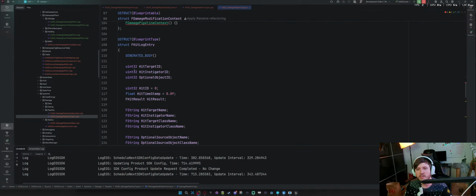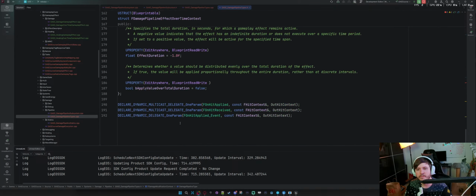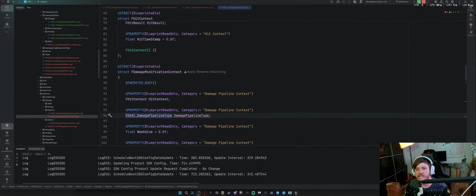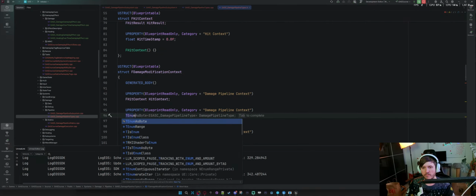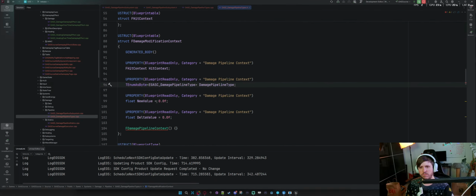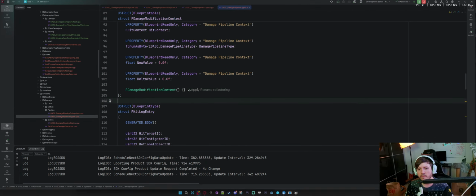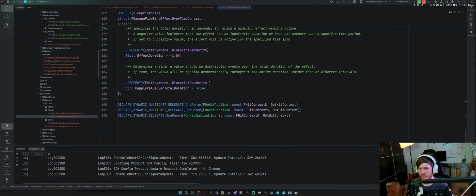I don't have enum in this example, do I? What is the syntax? Enum byte. Yeah. So almost okay. Oh yeah, it's a different naming now. So everybody should be relatively happy here.